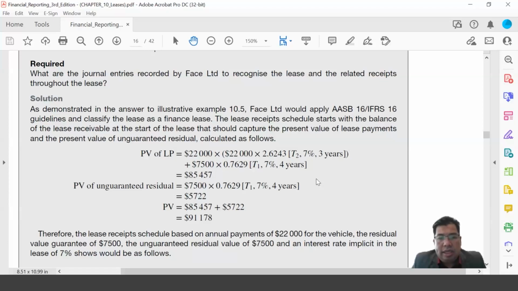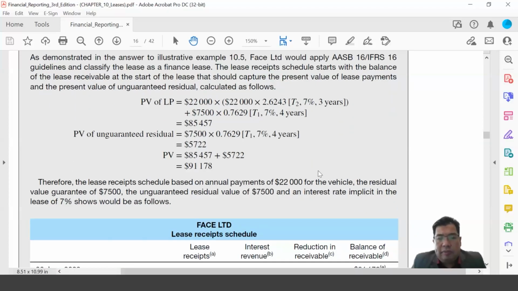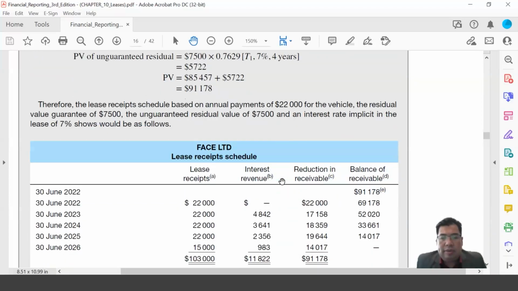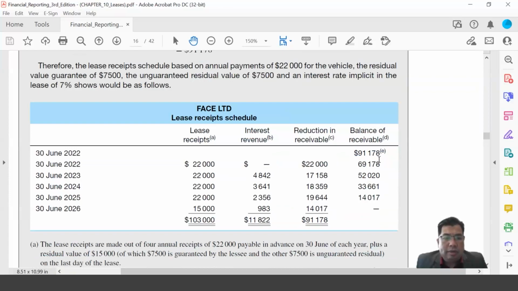85,457. This is the lease payment, plus the unguaranteed residual is 5,722. So the total present value is 91,176. And at the beginning of period, you receive a payment of 22,000, and always remember that 7,500 and 7,500 are guaranteed and unguaranteed payment, and we use the interest rate of 7%. So from 91,000,